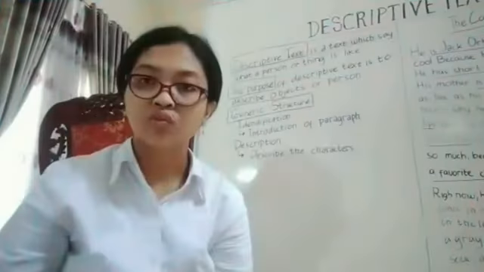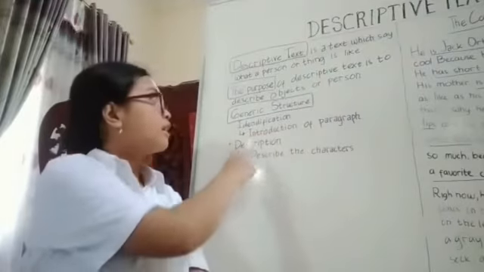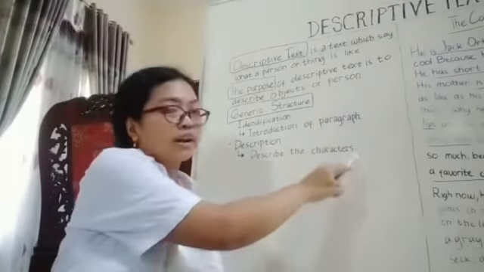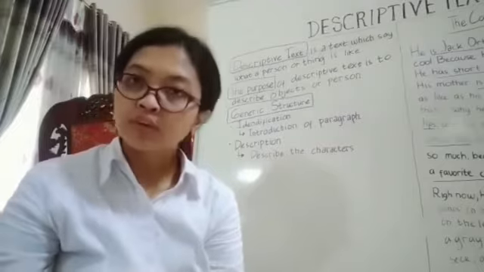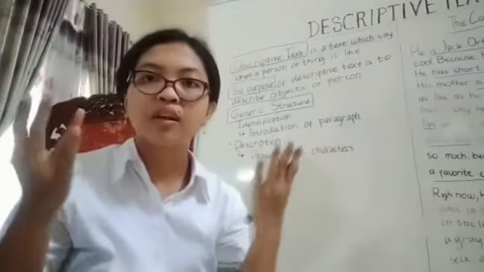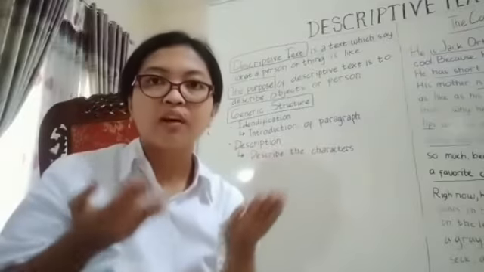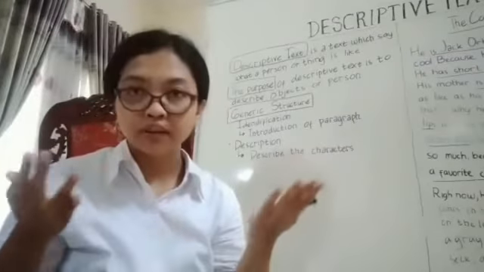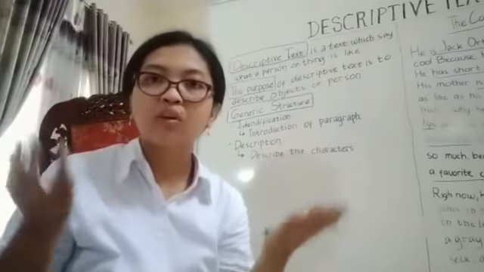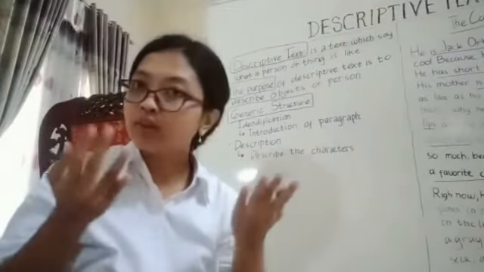There are two parts of generic structure in descriptive text, that is, identification and description. Identification is the paragraph that introduces the character, and description is the part of the paragraph that describes the character. In terms of significant grammatical features, the text focuses on specific participants, contains attributes and identifying processes, comparison, epithets, and classifiers in nominal groups, as well as using simple present tense.